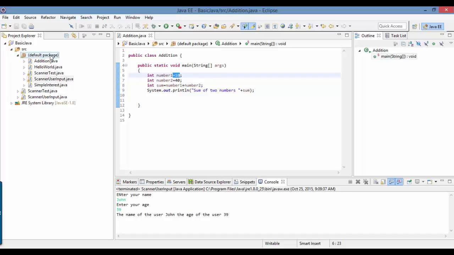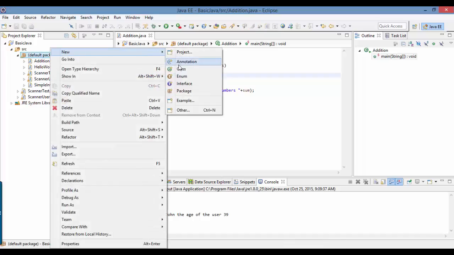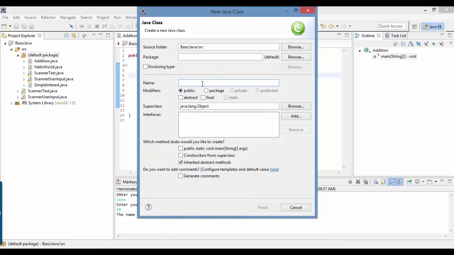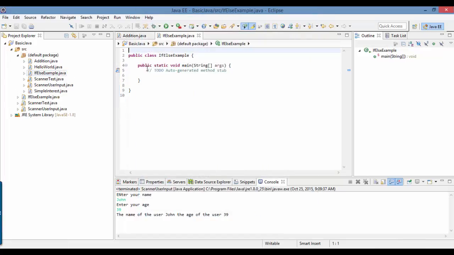For example, let's do a simple class to illustrate that. We'll go ahead and create a new class, and here I will call it IfElseUserAgeExample, and it'll also have a main method. Now I'll do a simple example here to illustrate. I wanted to get the user age. To store the user age, I have a variable, and let's say right now the age of the user is 19. I'm checking if the user age is greater than 18,